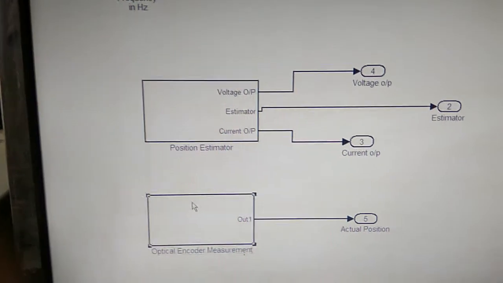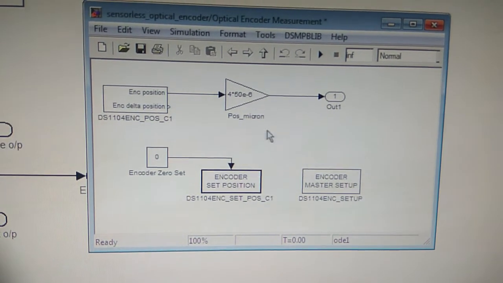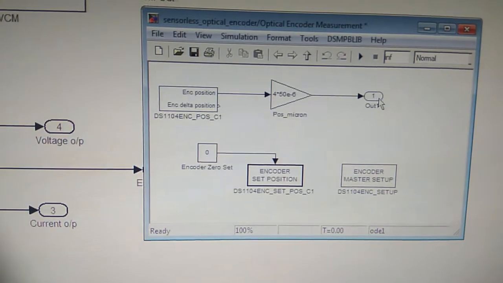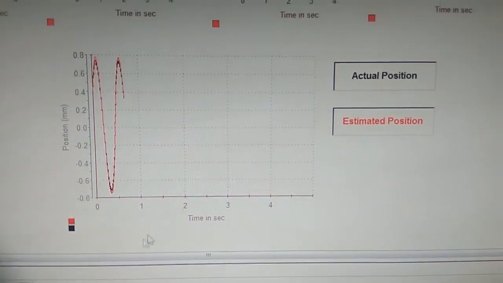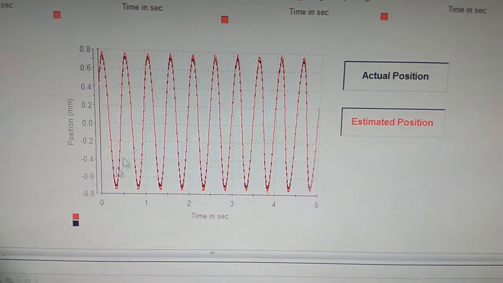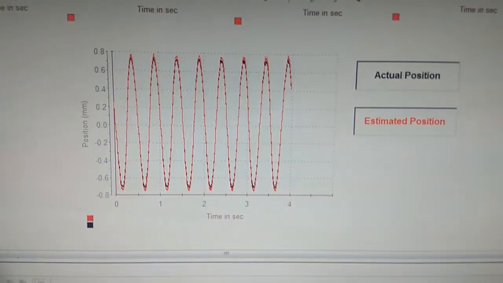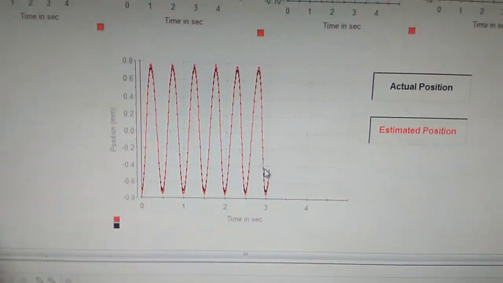This is the way it estimates the position of the motion stage. Here is an optical encoder, which involves measurement of the actual position using the optical encoder. These are standard blocks from dSPACE itself, which are used to read the optical encoder position. Here we can just observe. Lastly, I would like to put it this way: the actual position and estimated position are more or less matched with each other, and in future we can completely eliminate the optical encoder,